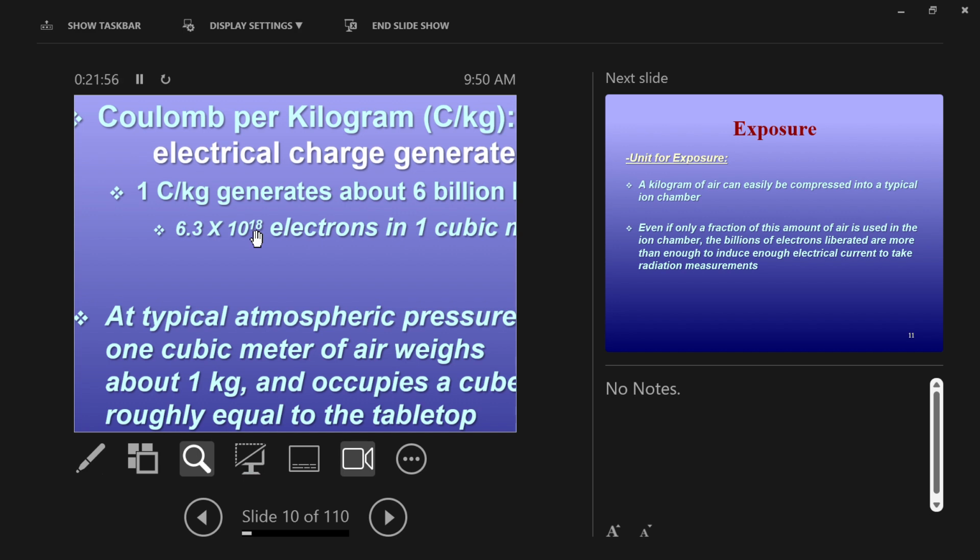10 to the 18th power just says take the number you're working with and shift the decimal point over 18 places. So it's a number with 17 zeros after that 3. It's a very large number. It would take us a long time to put that very large number on paper and do any calculations with it, but when we shrink it up and put it into scientific notation, then we can have a much easier time with this. So if I gave you a number like